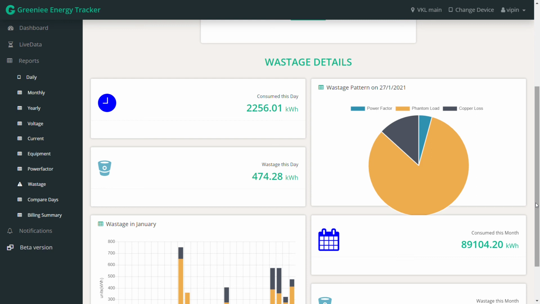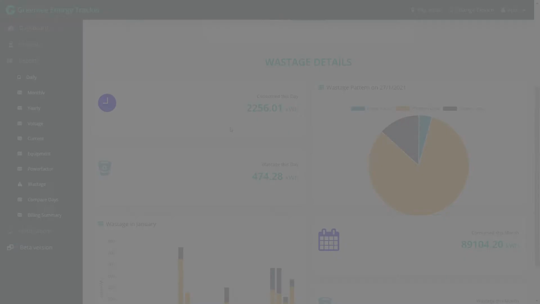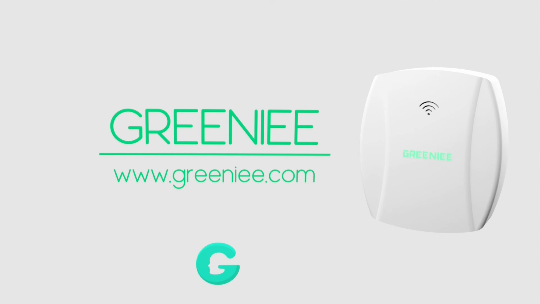So you need to understand the consumption of each of these equipment. You can baseline the consumption based on its rating and wattage and all of that. And if the equipment is consuming more, it gets notified. The system will notify you of such abnormal behavior in the system, and that can trigger an action from your side. This is how Greenie helps you to monitor and manage your energy consumption, and optimize it, and thereby save money and reduce wastage.